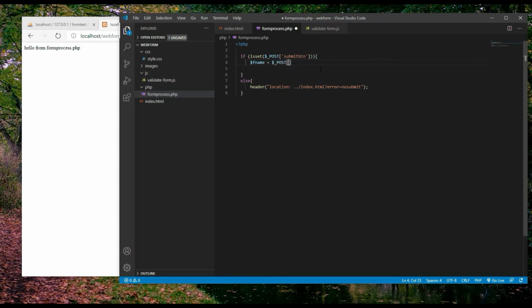So if you remember, it was forename, and we're going to copy this and copy it again and copy it again, and we've got s name, we've got email, and we've got pwd,